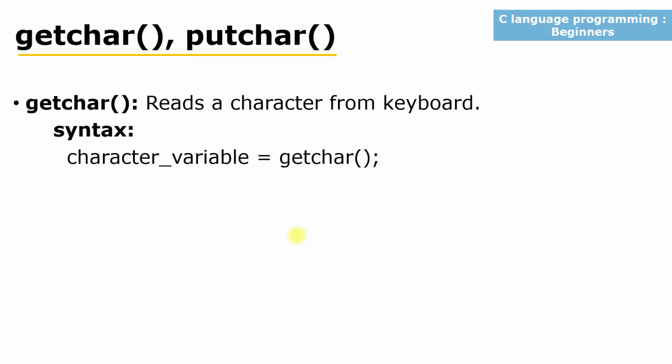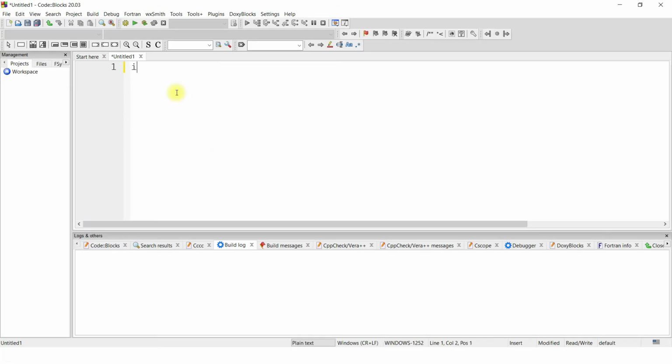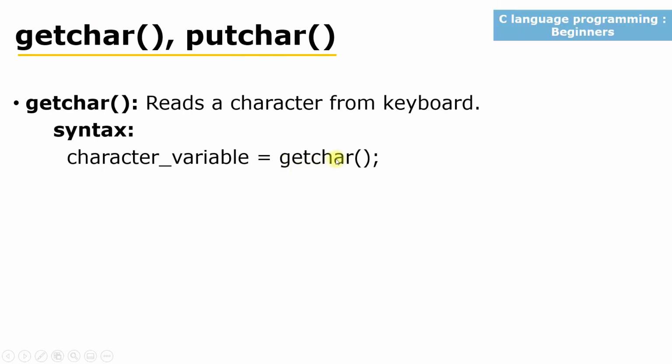I would like to say one thing here. The assignment operator will work from right to left. For example, if you declared a data item like this, the assignment operator will assign the value from right to left. It means the value 111 will be assigned to studentID. In the same way, getchar will read a character from the keyboard during the execution of our program. Once it reads the character, that value will be assigned to the character variable.